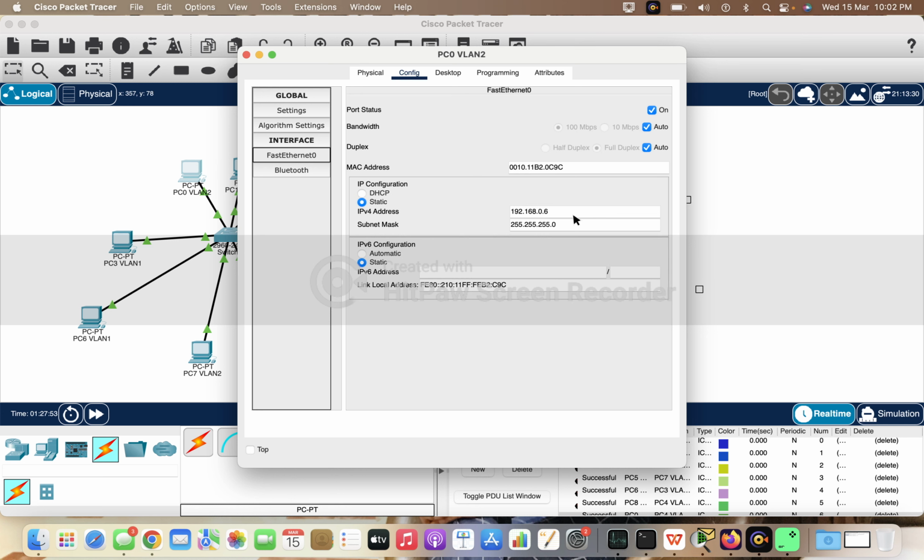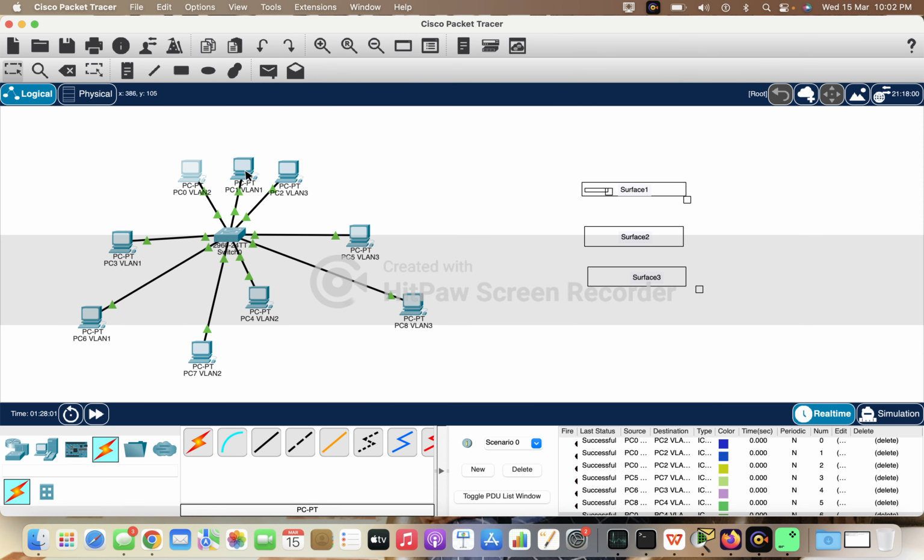Here I have given the IP address, and the subnet mask is the same for all the devices. I have given the IP addresses in such a way that from PC 0 to PC 8,